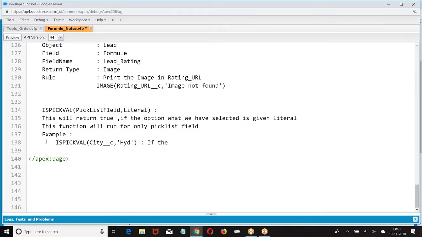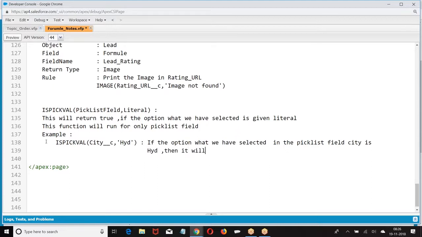If the option we have selected in the pick list field city is Hyderabad, then it will return true.